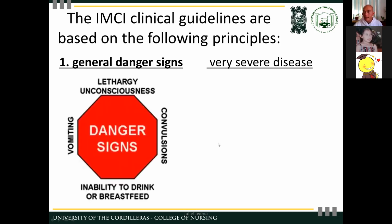Some of the danger signs that we will be able to assess in our patients is lethargy or unconsciousness. So you will see in the videos that I will be showing you tomorrow after our assessment review how lethargy or unconsciousness looks. There are times na iniisip natin pag nakapikit yung mata, unconscious. But tomorrow in the videos that you will be seeing, kahit nakabukas yung mata ng bata, pag unconscious siya,